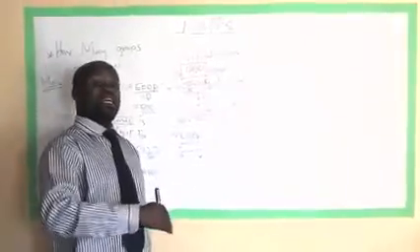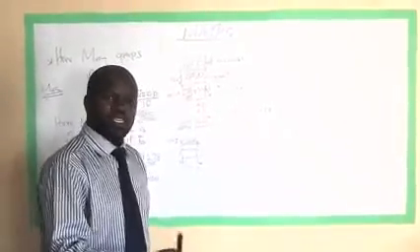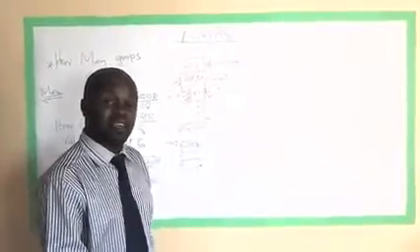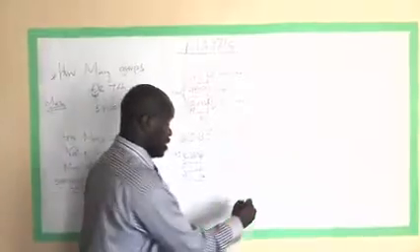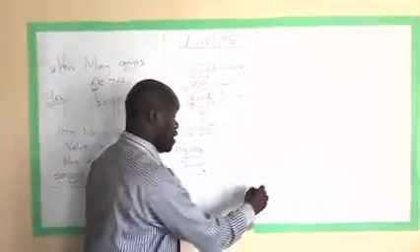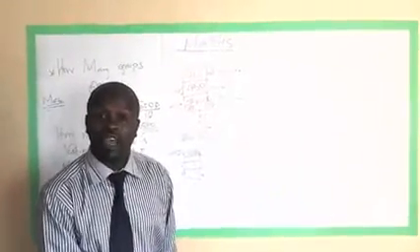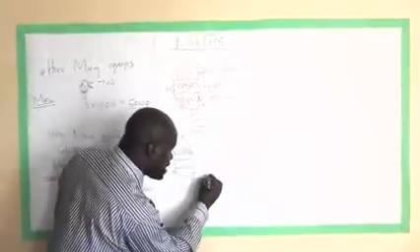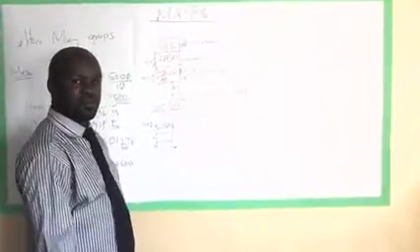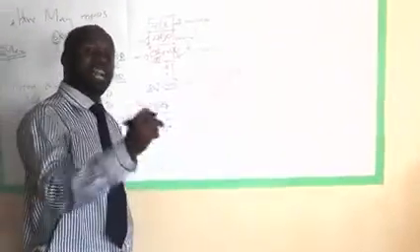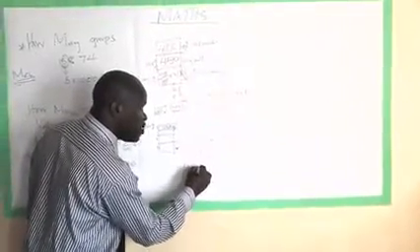So any other time the setter normally sets the question, they normally ask the children, what time will the bells ring again? Especially they say, for example, the first bell rang after 4 hours, the second one after 5 hours, the third one after 6 hours. Now, they ask the question, when will the bells ring together again? They are simply asking for this place, which is normally a second part. But when they talk of third time, just number your work. 1, 2, 3. So that this one becomes the third time